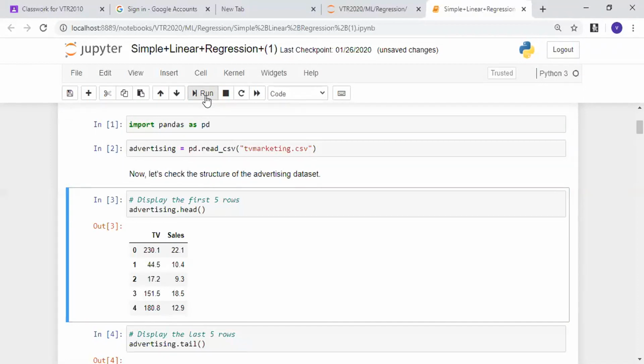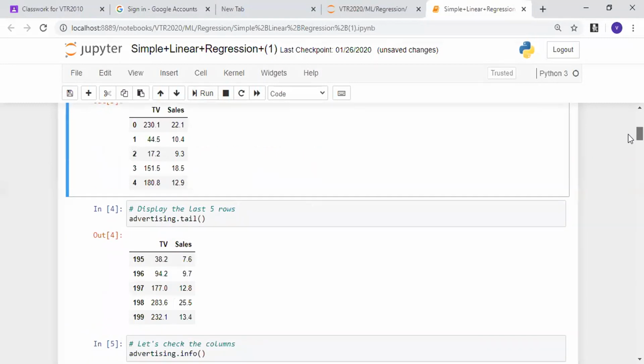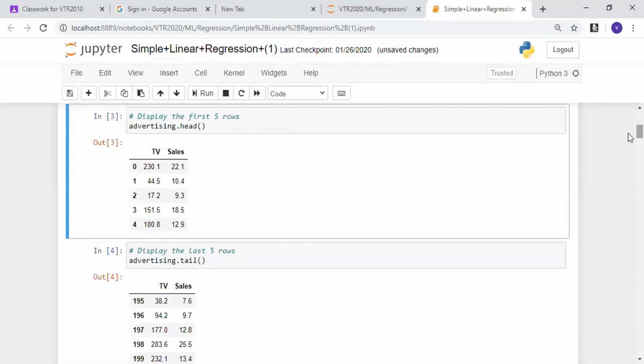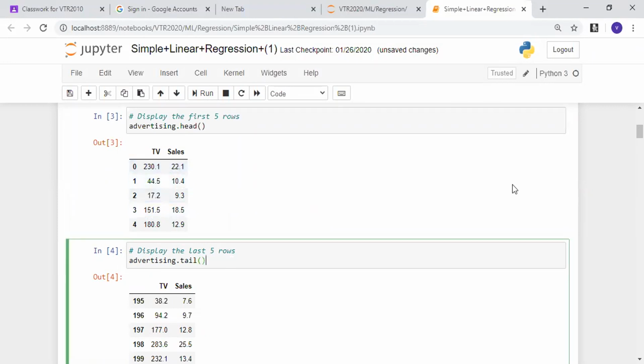So depending upon the amount we invest in TV, accordingly we'll have the sales. That's what we are trying to understand here. I'm just leaving advertising.head. We got to know we have two features. Since we have only two features, we do single linear regression. I will give the amount to invest in TV and I will see the sales. This is the data.